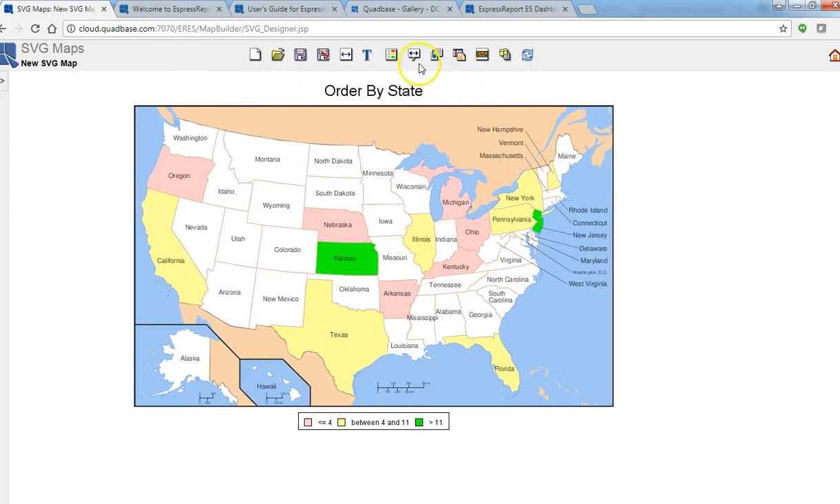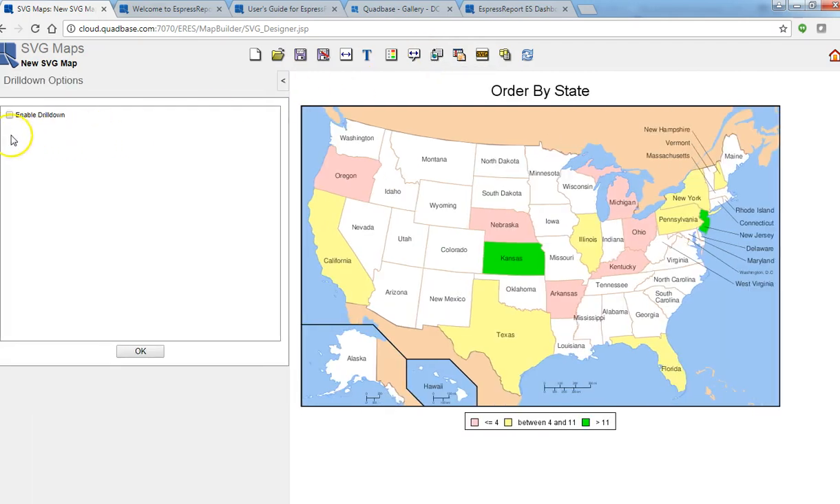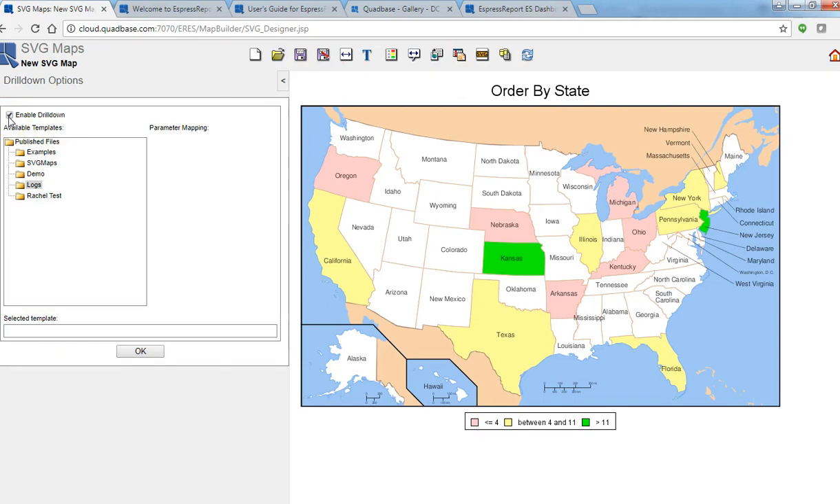So a nice feature is you can actually set up drill down. So let's go ahead and take a look at how to do that. Basically, it allows you to make a drill down level so that when the user clicks on it, you see some details of whatever information you want to present. So in this case, let's go ahead and choose a report